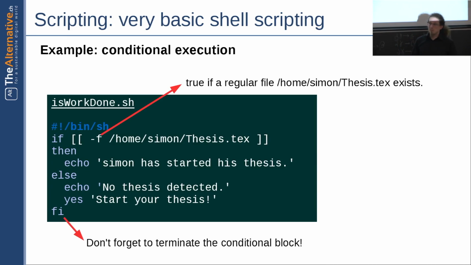This is a little bit more advanced example with if and else statements. We want to know if I'm actually writing my thesis, if I'm doing my work, and for example, my teacher could run this shell script to observe me if I'm really doing stuff. And then, if this file is found, then he gets "Simon started his thesis," so I'm working. If the file is not existing,